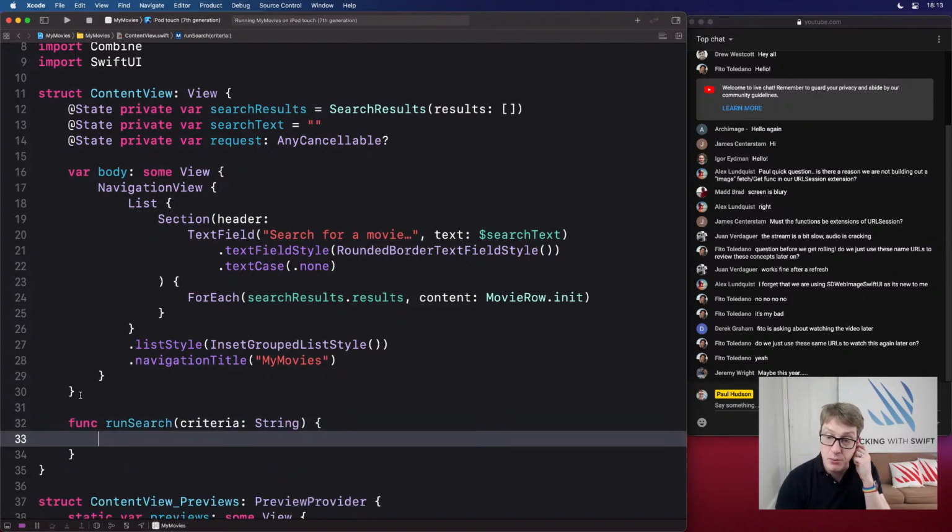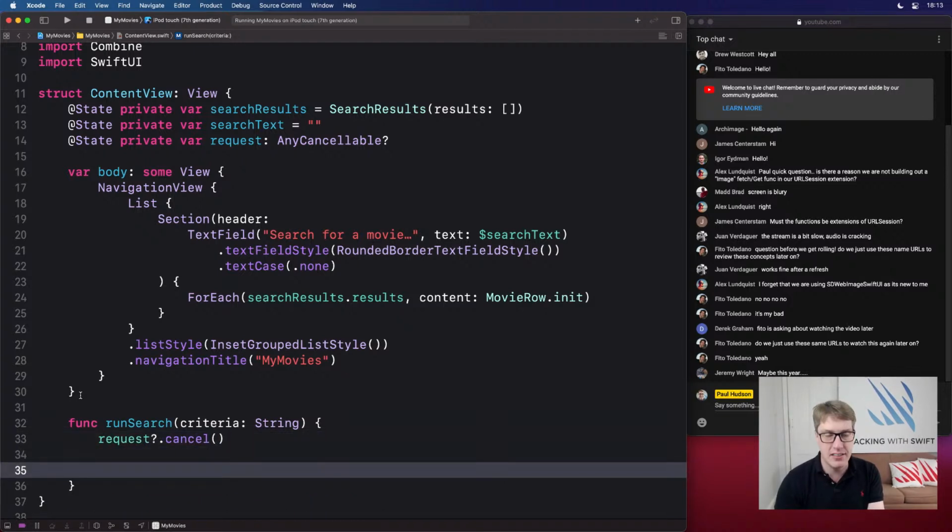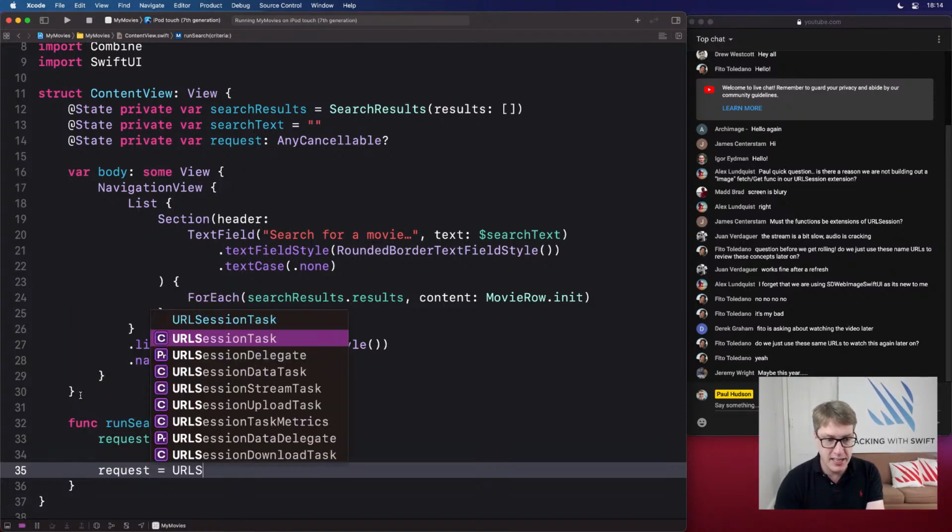So again, the first thing you want to do is say, actually, if there's a request in flight right now, go ahead and cancel it. It's any cancelable. We don't care what the request actually is. We just care it can be cancelled. That's all any cancelable does, really. We'll then set request to be a new value, which will be URL